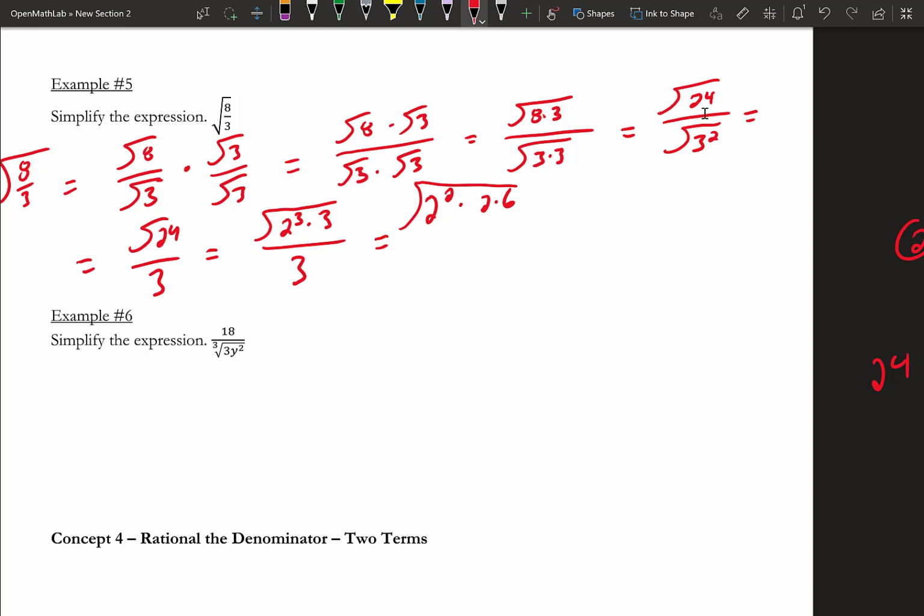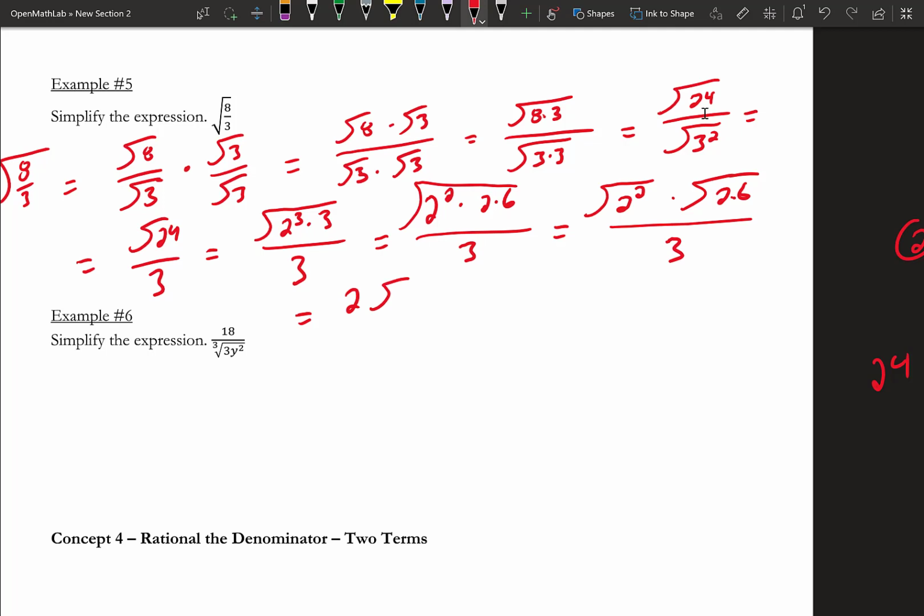And we want the square root of that all divided by 3. And then I can rewrite this as the square root of 2 squared times the square root of 2 times 6 all divided by 3, which equals, so the square root of 2 squared is just 2. And then I can't do anything with the square root of 2 times 6 except for just multiply 2 times 6, which is radical, or